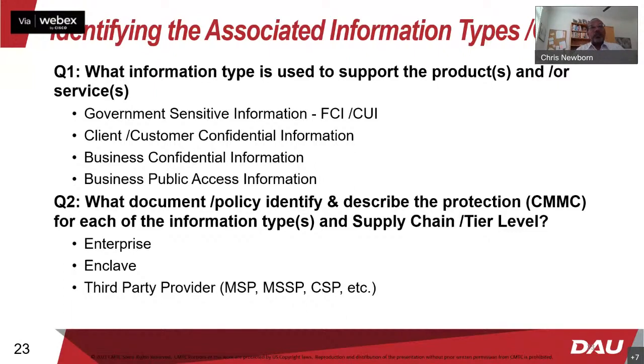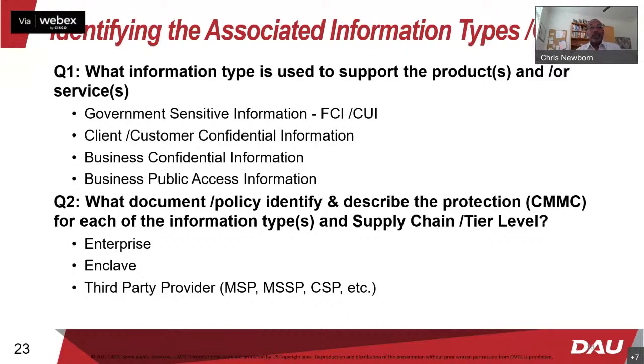These are driven by your business decisions. Whereas the first one, if you deal with the government, there is going to be government sensitive information that you're going to have to be safeguarding. Number two, because most of you are manufacturers and vendors, you are going to have client and customer confidential information that you are going to have to protect. So this is one thing you have to think about: how can I be a trustworthy vendor and manufacturer and instill confidence in my customers that I can safeguard their personal information? And then the next one, you have to think about your own proprietary information.